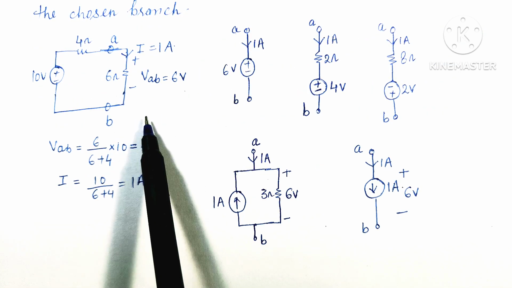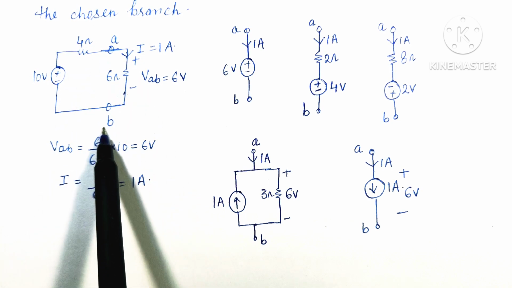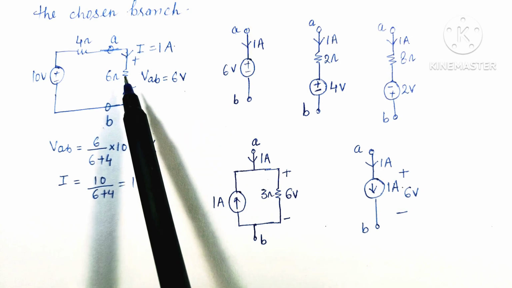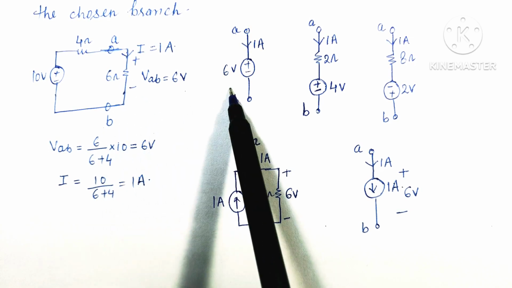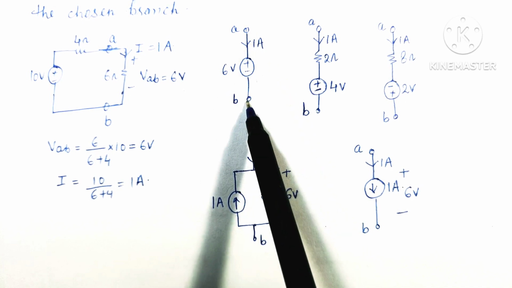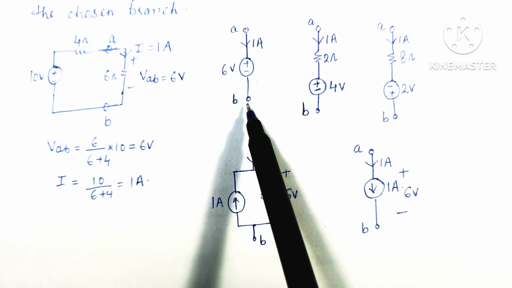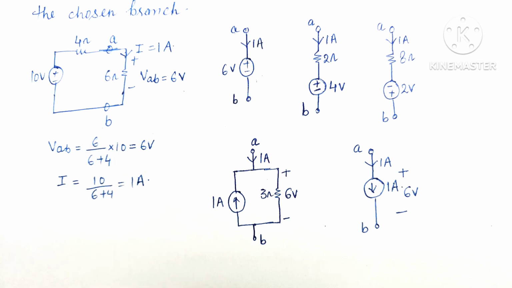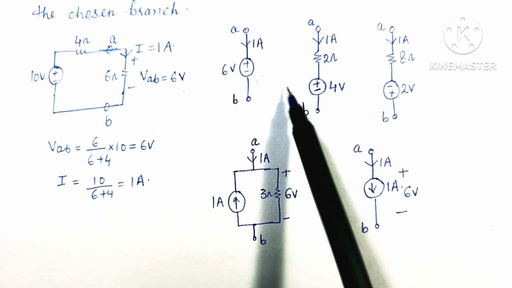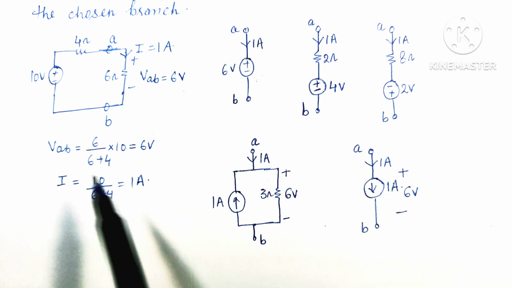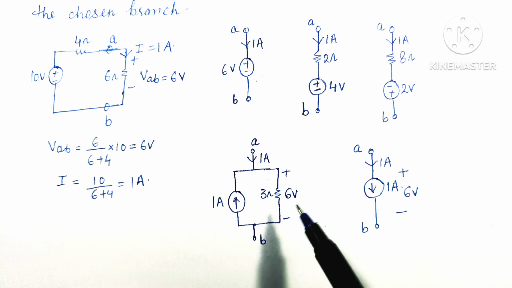Here in the circuit we can see that across terminals A and B, if we replace it with this circuit, there will be no effect on our final solution. That will be a 6 volt voltage source, and 1 ampere current is flowing through terminals A and B. If we put this circuit in place of this circuit, there will be no effect on our final solution. In the same way, there are different types of circuits shown here. There are 5 types of circuits shown here which can be replaced across terminals A and B, and our final solution will not change.